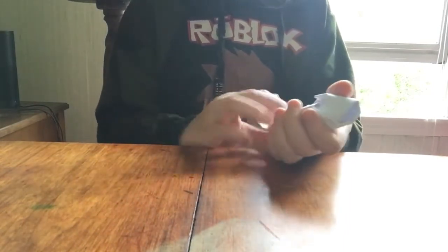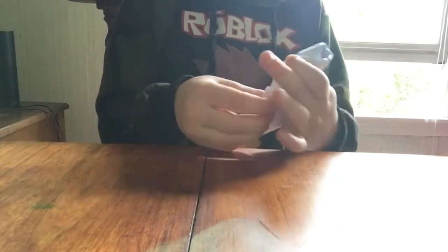And then you fold this up right here. If you want to make it little, you can do this. But if you want to keep it big, you can keep it like this. And then